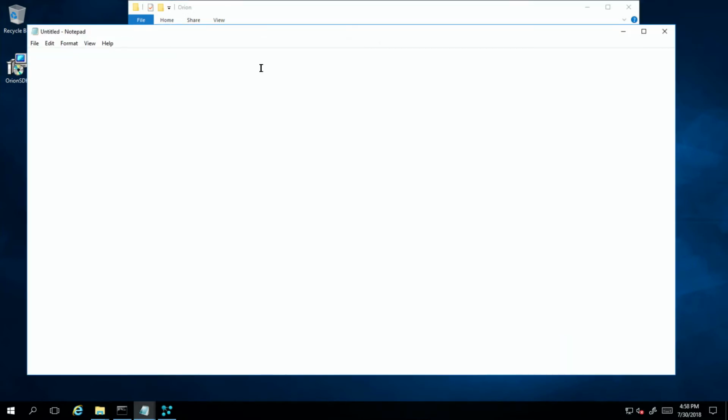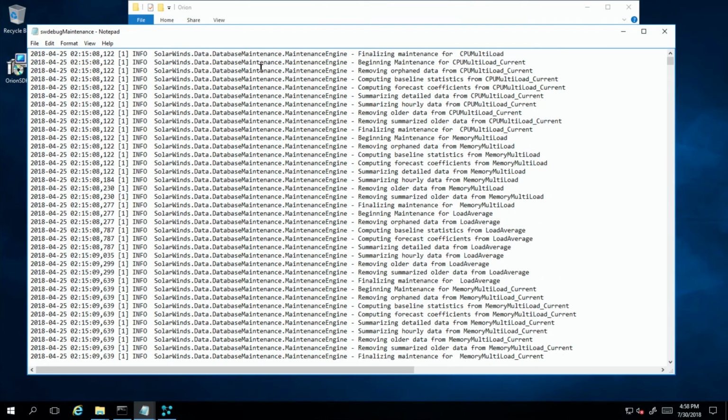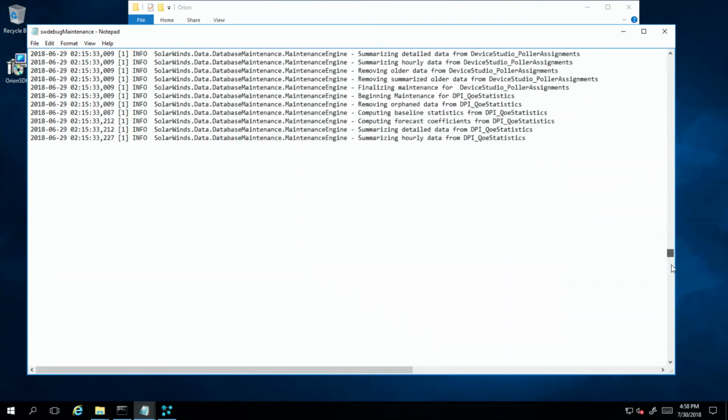It's a text file. I want to open this up. Now, the plethora of information in here, you can literally go through the woods. But this is showing you, just as we were showing on the details, all of the retaining and how it's going across here. It's rolling the data and it's rolling everything up. That's how you know that it's functioning correctly. Now, we can scroll all the way down here. As you can see, it takes quite a long time, but it goes through everything it's doing, right?